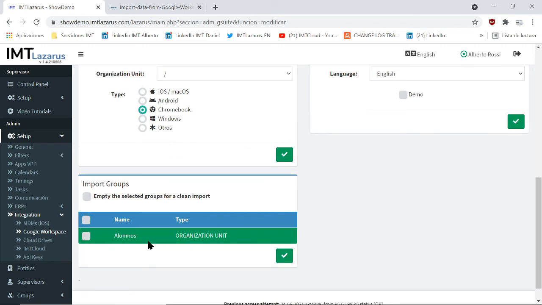And finally, we'll import the groups. We do the same in here, and we'll have the name, and on top of it, in order to import all the groups at once, or we may choose each one of them as we may need or desire. Here it's important to remark that